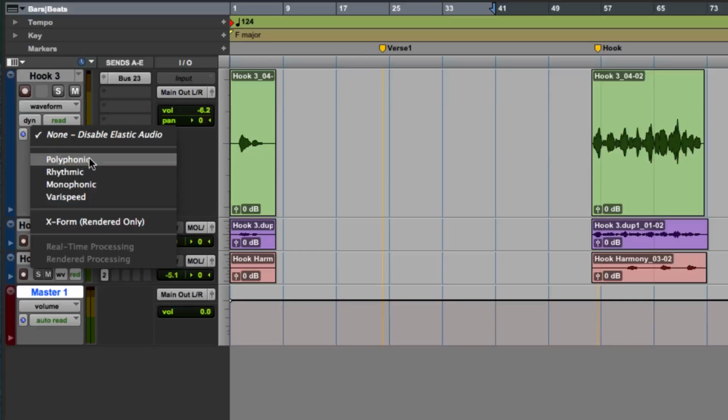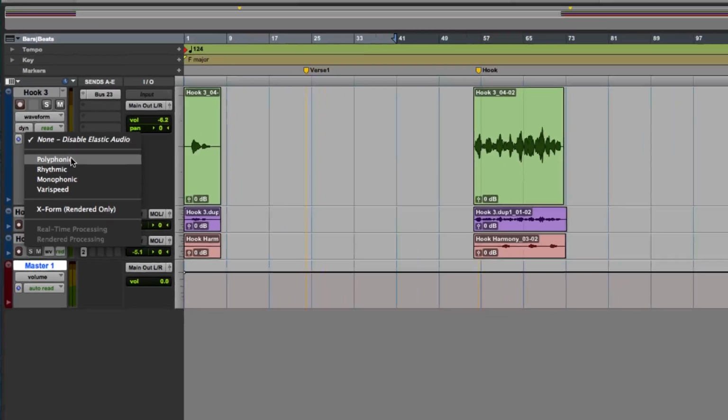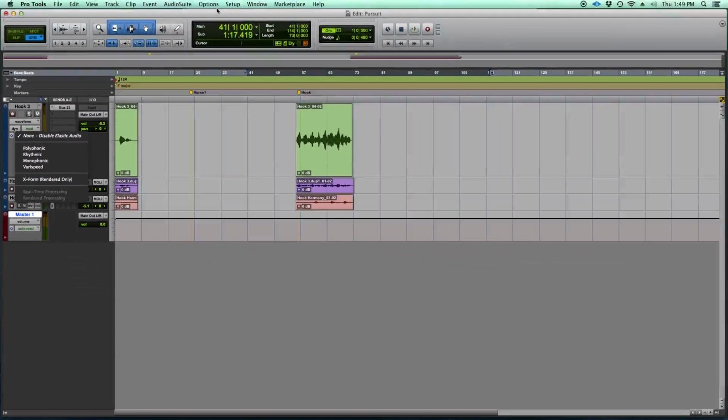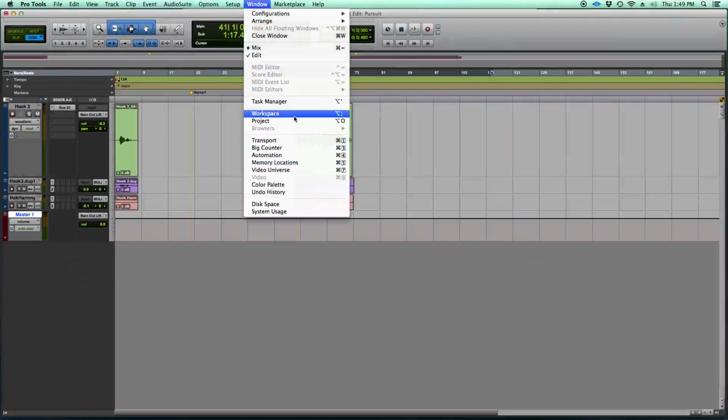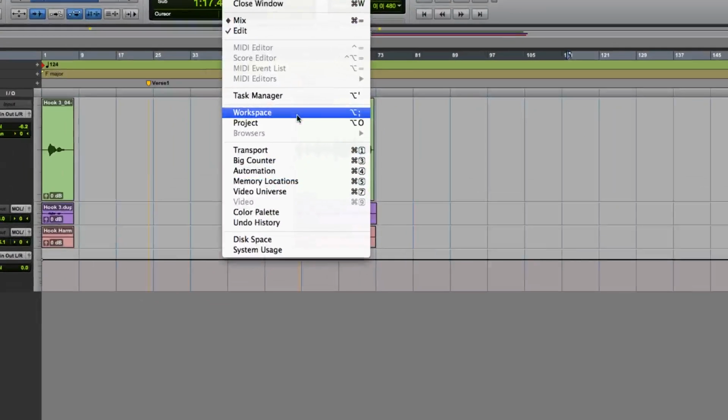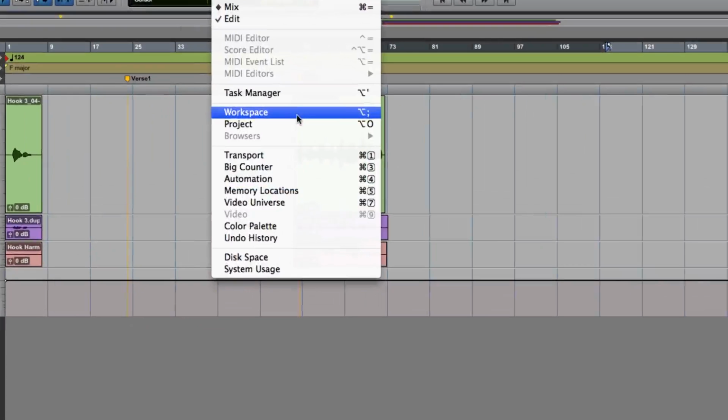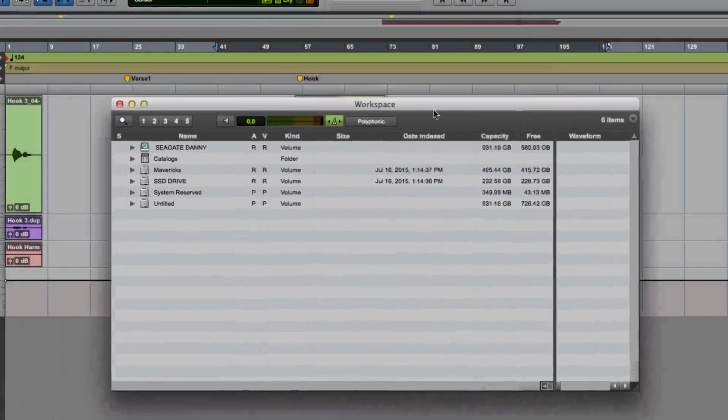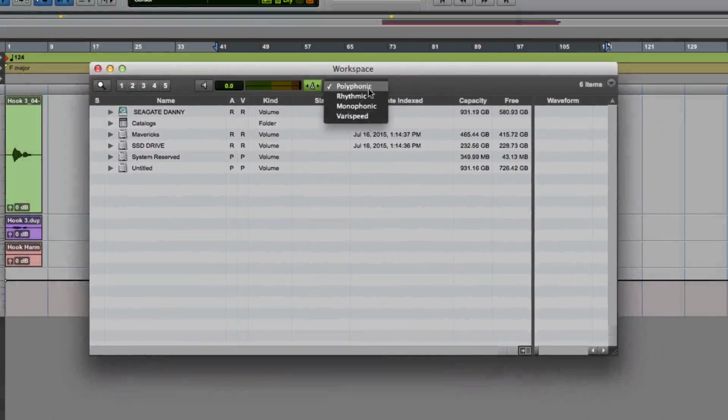So polyphonic, what is it? Well, it's a general use algorithm for audio time compression and expansion. It's what they use in the workspace window or the Digibase window. I'm going to show you right now really quick. You go to Window, Workspace. You get this window here. As you can see, you have different elastic audio plugins here, and if you have an audio track on a hard drive and you're trying to import it to your session and it's out of tempo, you can click this tempo